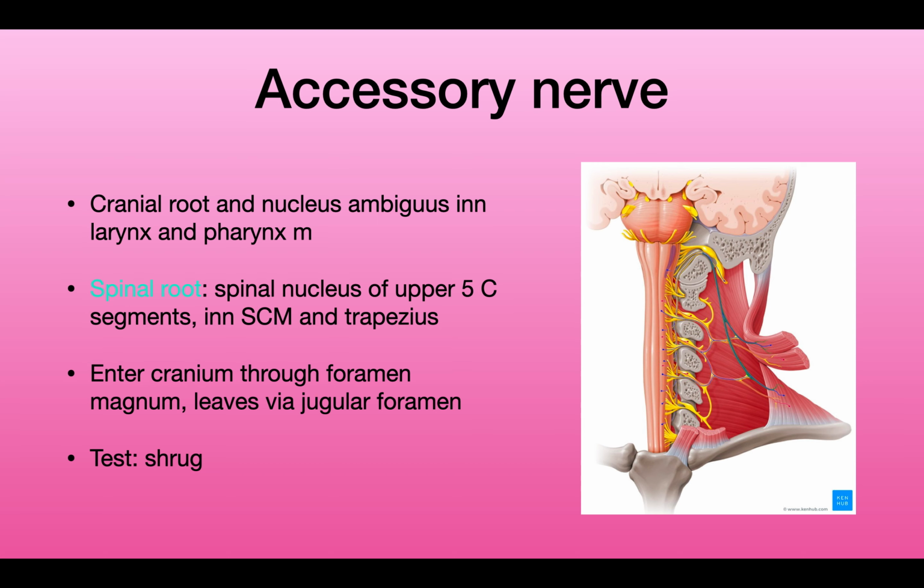Cranial nerve number 11 is going to start from the cranial root and the nucleus ambiguus, and that goes all the way up to innervate the larynx and the pharynx. The spinal root is going to lie within the spinal nucleus of the upper cervical segments and innervate the